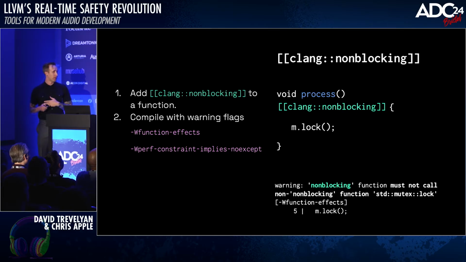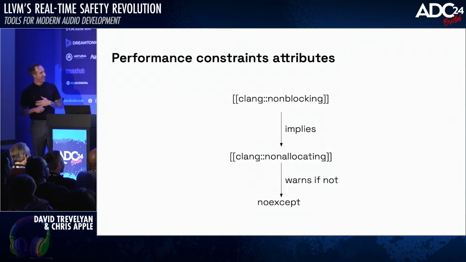Everybody's favorite triple negative that I've not stumbled on at all during this presentation. I will go to my grave saying not non-blocking. Yep, okay. All right, so performance constraints attributes form a bit of a hierarchy where non-blocking implies non-allocating, and both